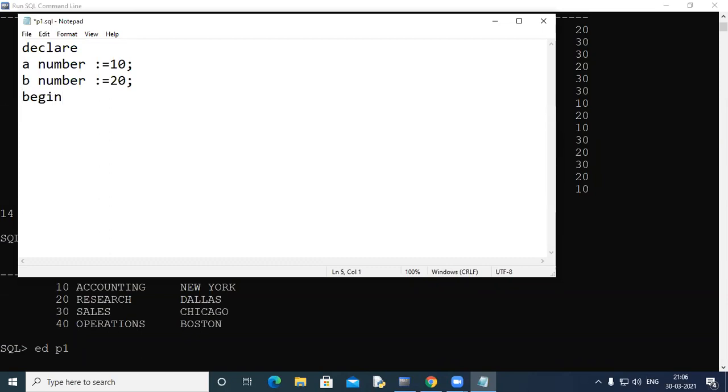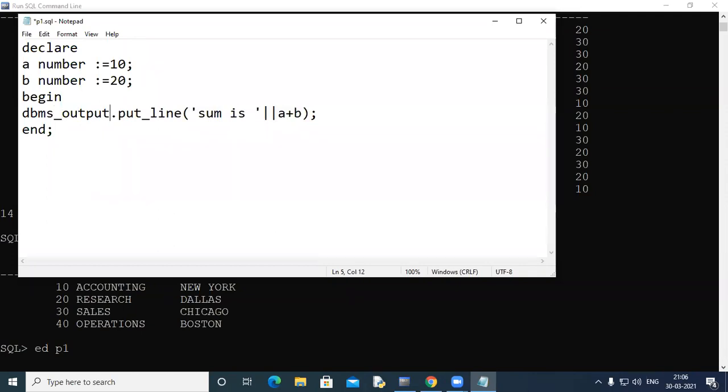And then in begin, you can write a print statement. You can put an optional message here. You can concatenate with a double pipe symbol. And then you can write an end statement here. We need to write dbms underscore output dot put underscore line.